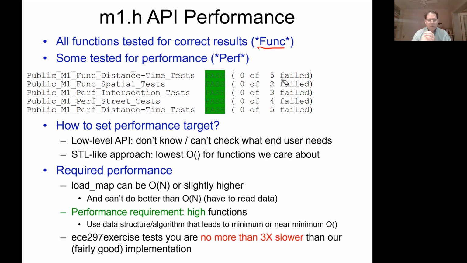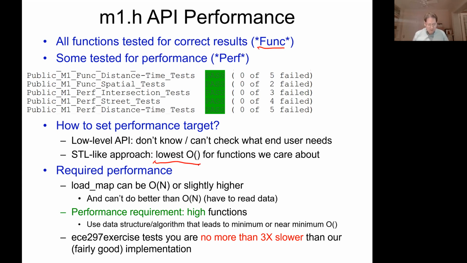It doesn't really make sense for these low-level APIs. So what we do instead is we use an STL-like approach. What STL does for each of its data structures, like vector, map, unordered map, is they basically specify that the big O notation, the computational complexity, is going to have to be the lowest that it can be so that the function is fast. Okay, so for the functions where we say the performance target is high, you're basically going to have to use the best big O